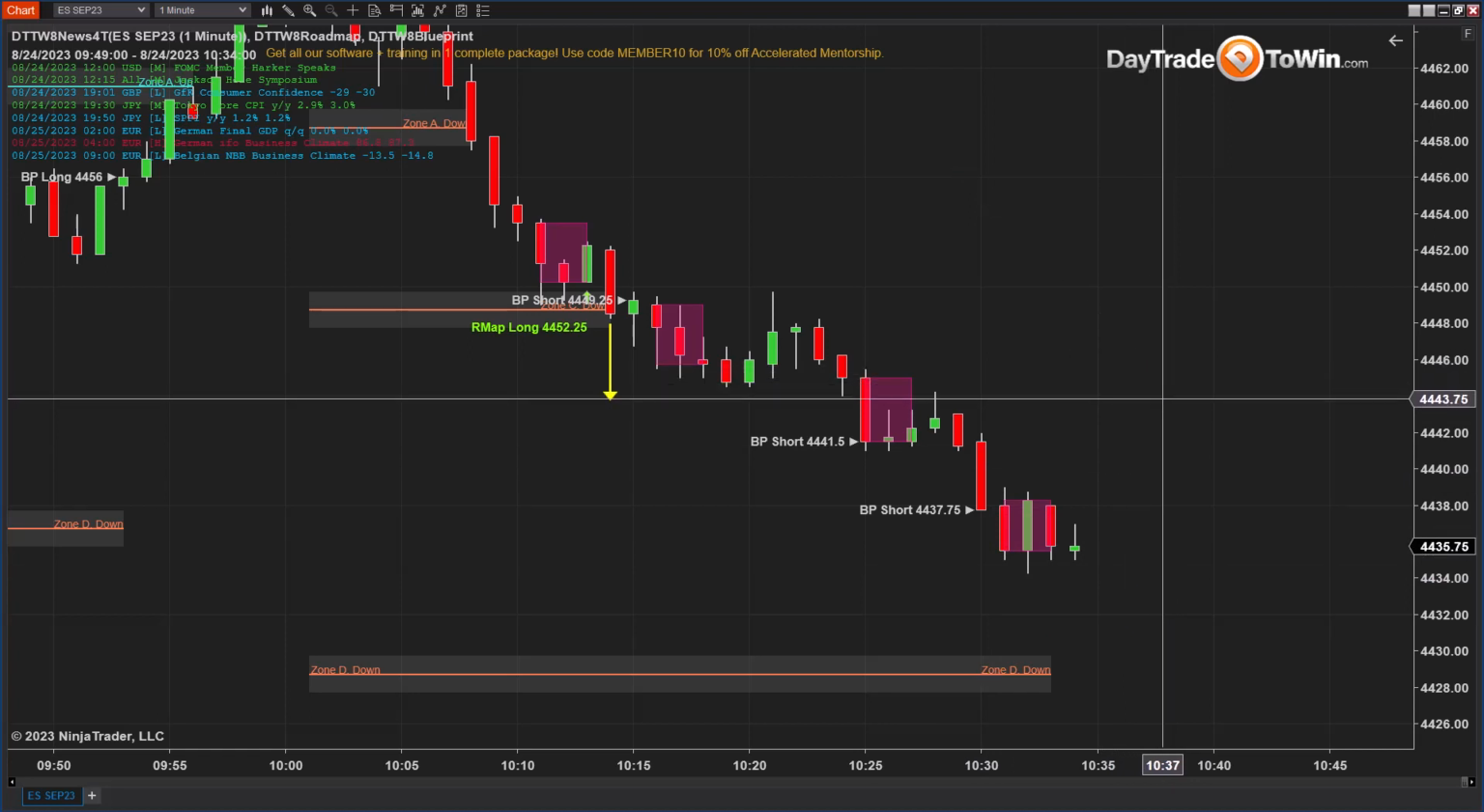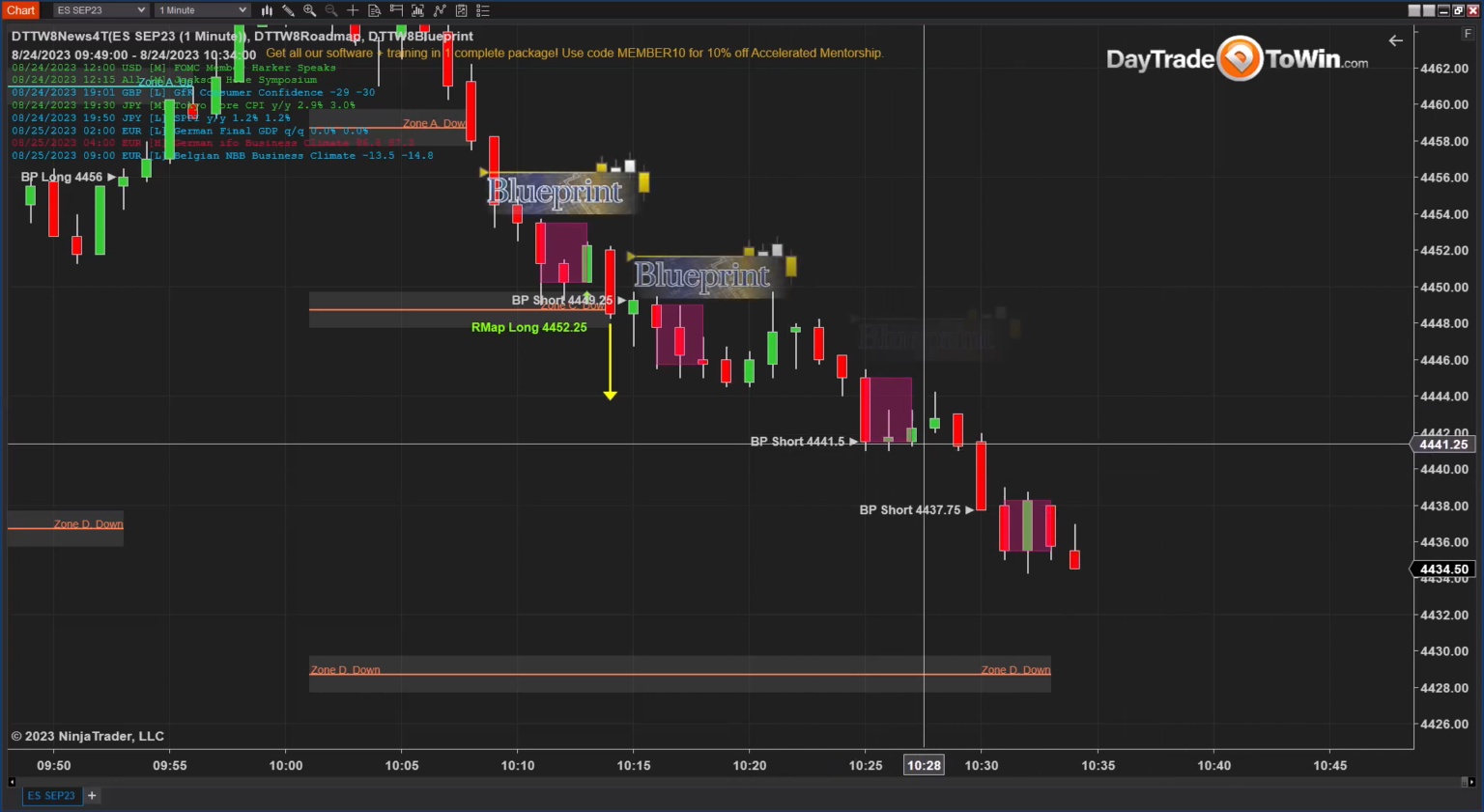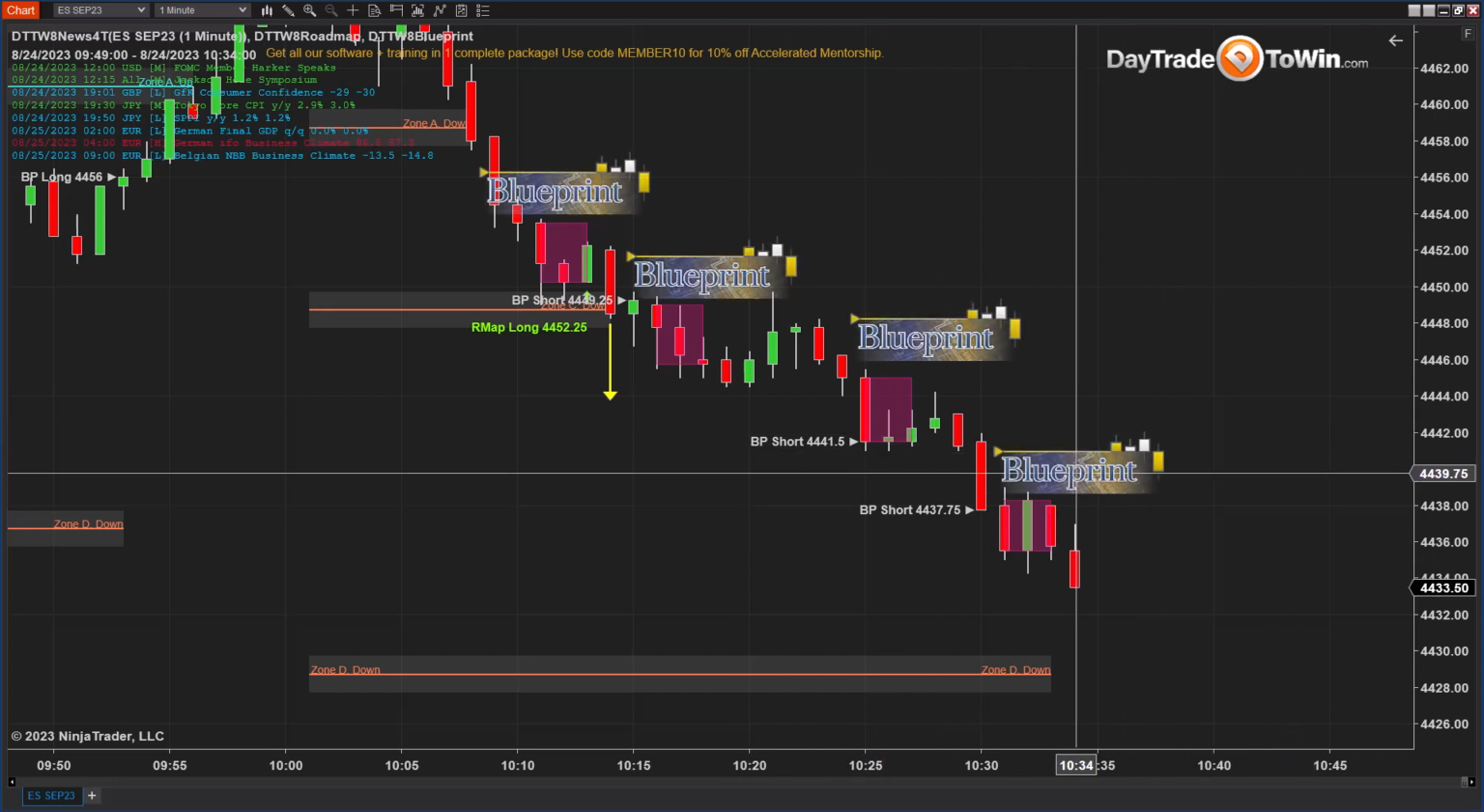Because sometimes me jumping in thinking it's going to continue doesn't really help me. There's overbought, oversold, there's specific entries. So we're going to focus right now just on the blueprint software. And the blueprint is included with mentorship. I know some of you have it as well. And so the blueprint software allows you to